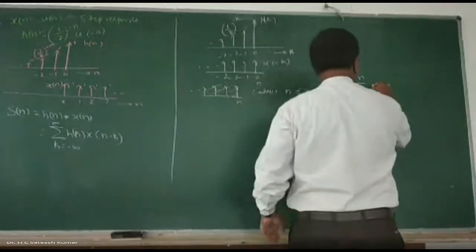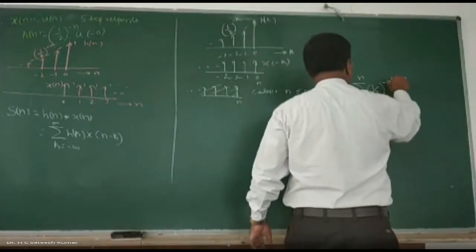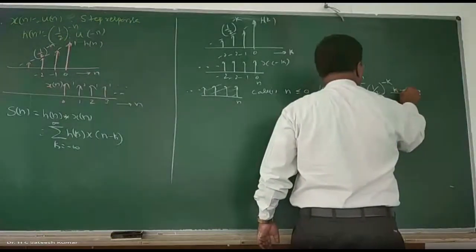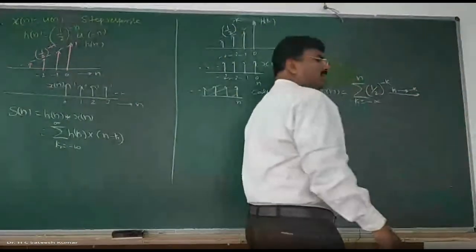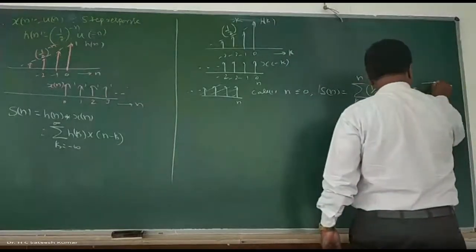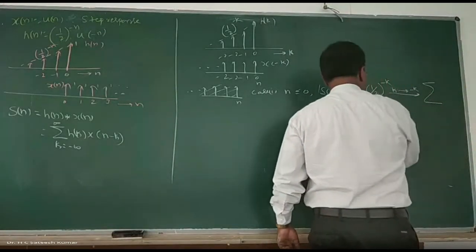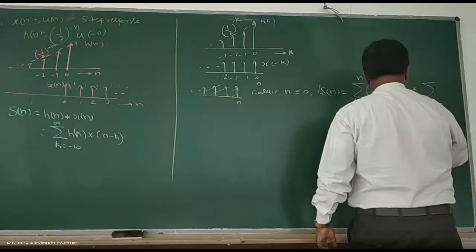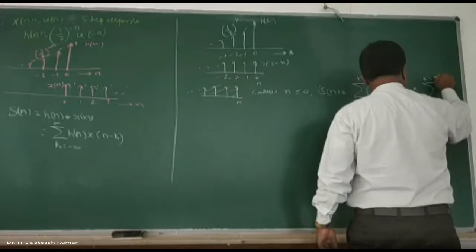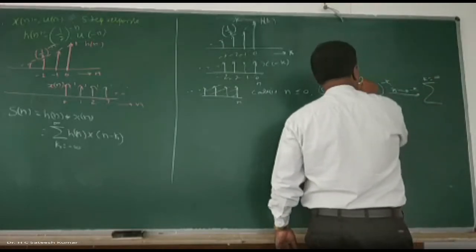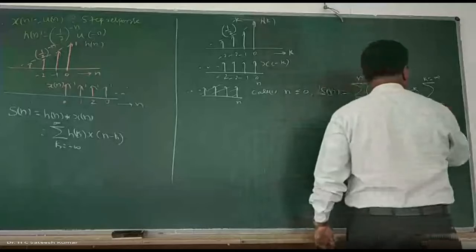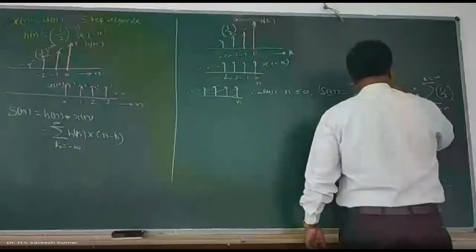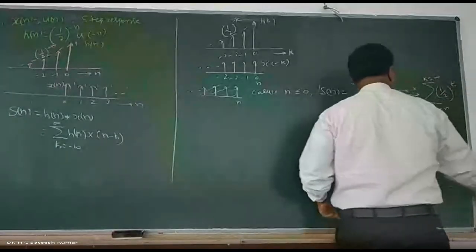Okay. Half to the power of minus k. For this one, we don't have a formula. Therefore, replace k by minus k throughout. So, what will I get? Replacing k by minus k means: minus k is equal to minus infinity, therefore k is equal to infinity. And minus k is equal to n, therefore k is equal to minus n. Then half to the power of k is replaced by minus k means half to the power of k.